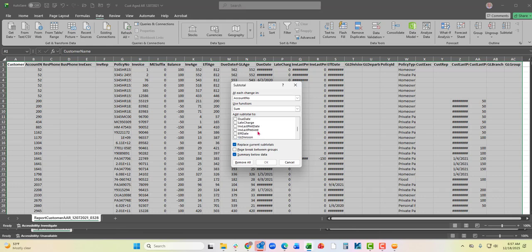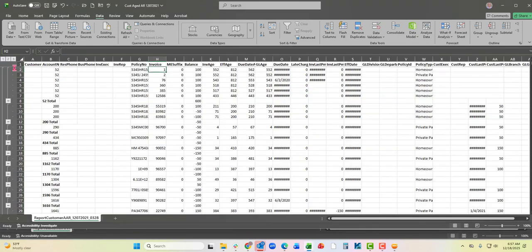I want it to be by balance. There it is. So by balance. I'll leave everything else alone, and I say OK. Now what you're going to see over here on the left after it does it is it gives us a 1, 2, 3. It's still expanded. It's actually added an additional row for the totals, but I'm going to click the 2 over here and it